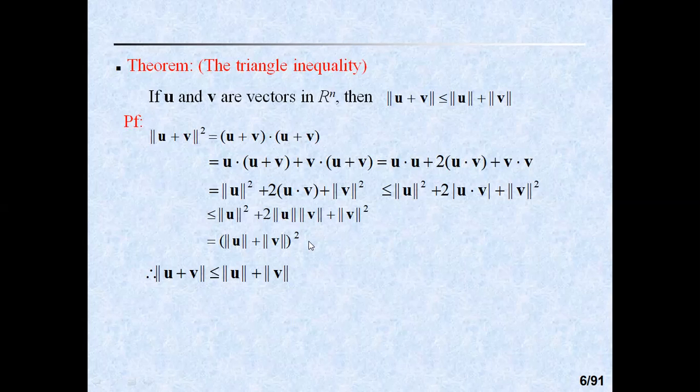Norm u plus v whole square is equal to, first write by using the definition of the length of the vector, u plus v dot u plus v. Distribute the u vector over u plus v, and v is also distributed with u plus v. Therefore, u dot u plus v plus v dot u plus v, that is equal to u dot u plus 2 into u dot v plus v dot v. Therefore,